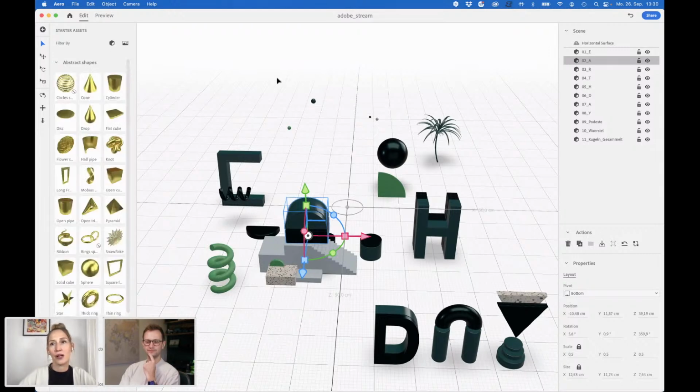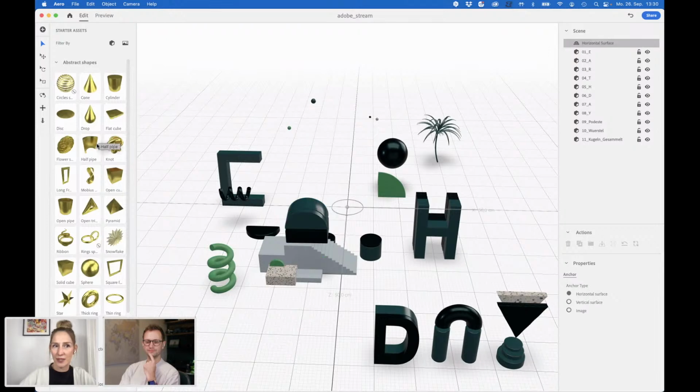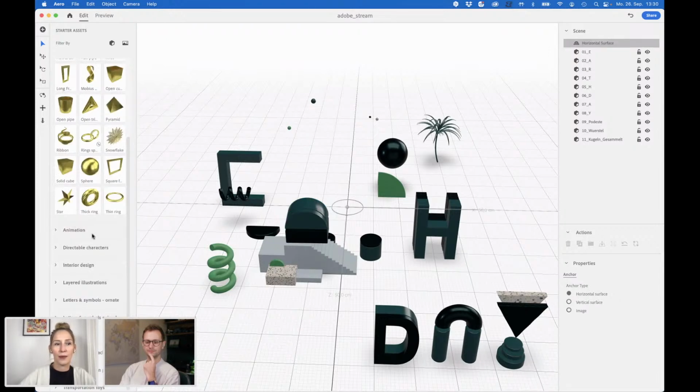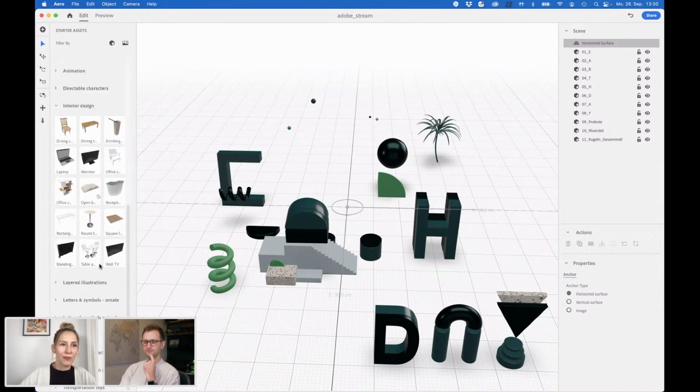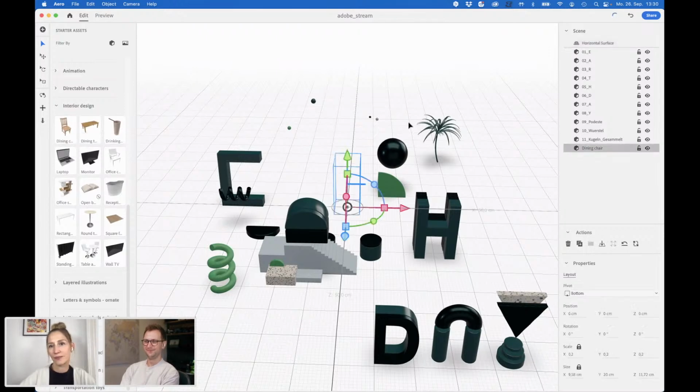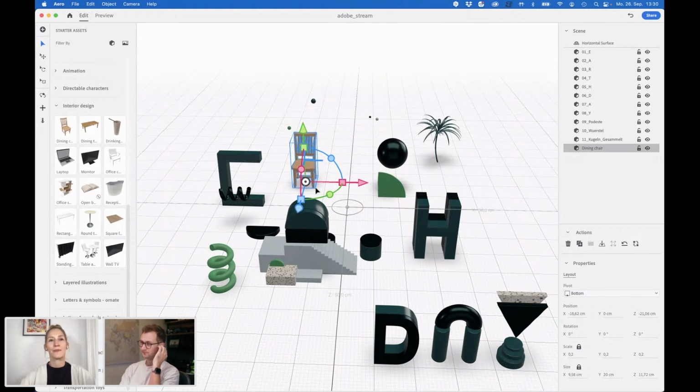So I was showing before the different shapes, and there are also some for interior design, because we talked about this before. We can also add a chair if you want to. Yeah, a dining chair, for example. In this case it makes no sense, but it comes with some presets.